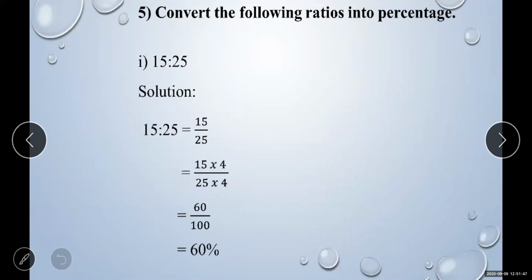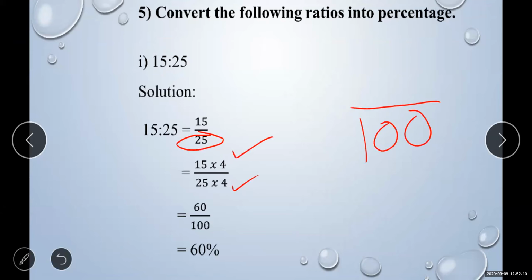Getting? To convert into percentage, the denominator must be 100, and whatever number is in the denominator, that is 25, convert it into 100 by multiplying by 4. If you multiply the denominator by 4, we have to multiply the same number to the numerator. So 15 fours are 60 and 25 fours are 100. So here it is 60%. I hope till here it is clear. Just reply.